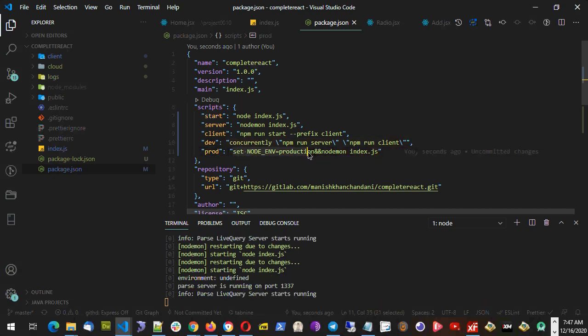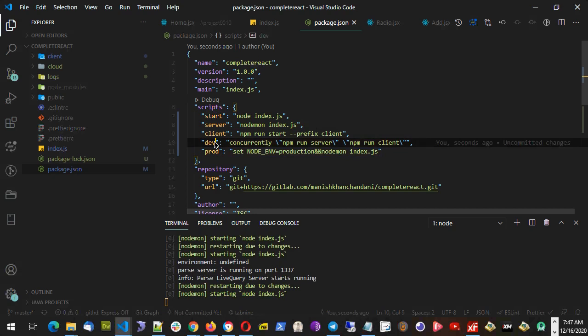So what I did, I set the environment to production, and then I run the same command as this one, nodemon index.js. Okay, and then here in the dev one I can change this to npm run prod